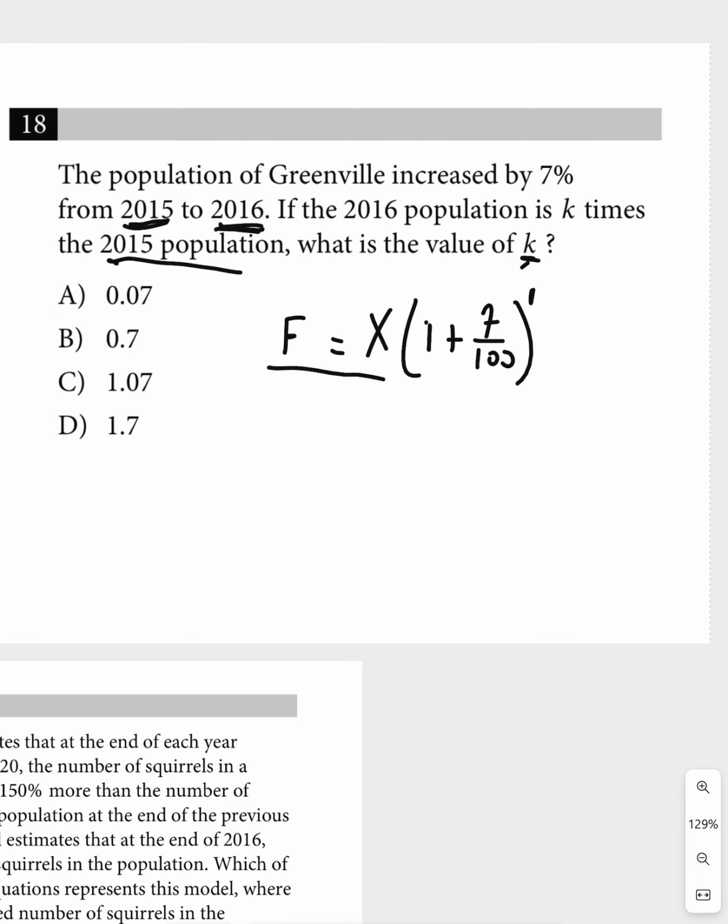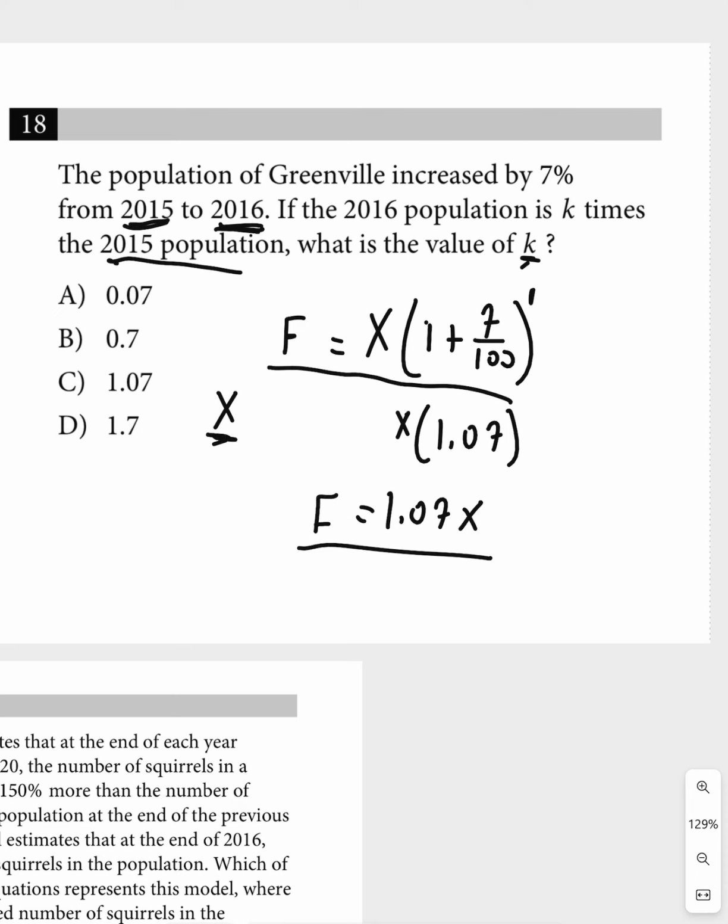Okay, so if we start with x, the final value, if we do this, is going to be x times 1.07. So 1.07x is the final value, right? So if we start with x and we end with 1.07x,